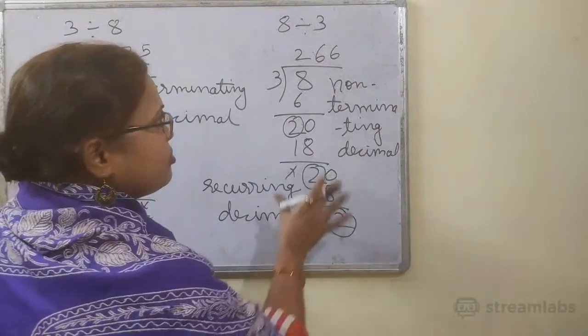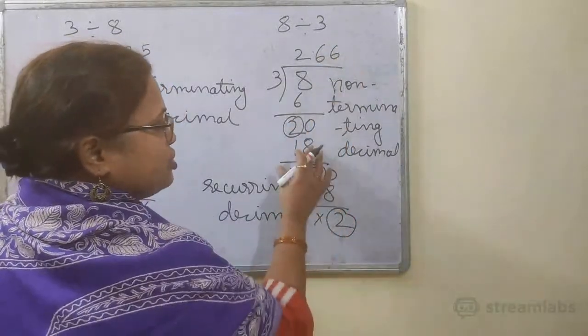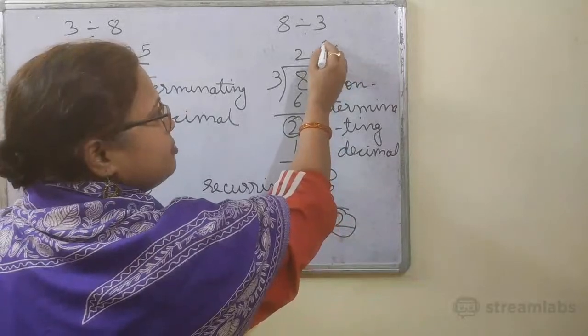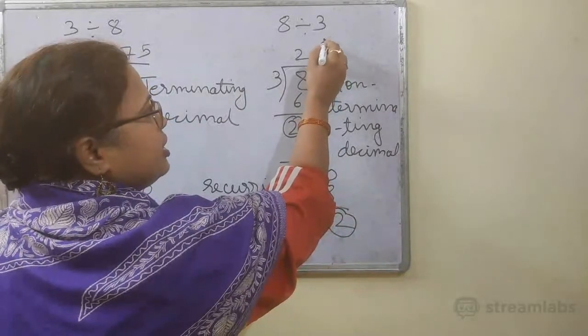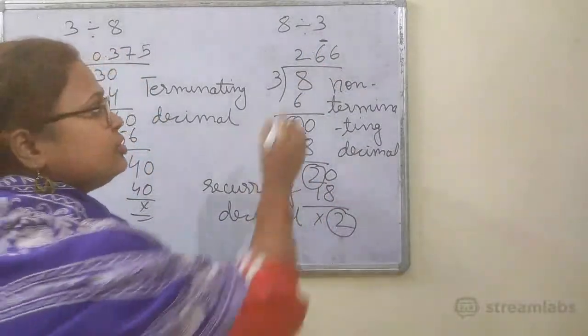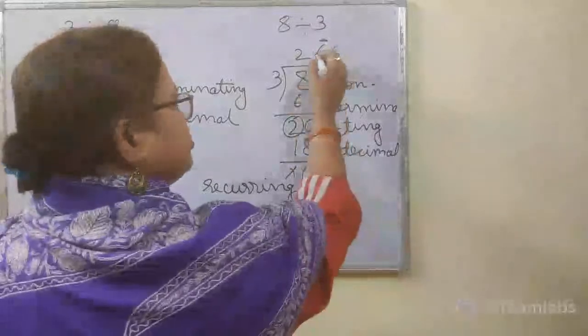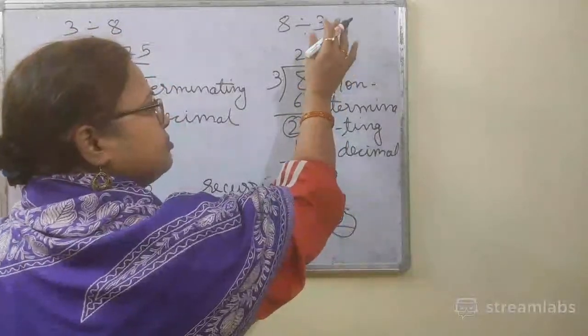And in a recurring decimal, how do we write it? If this 6 is repeating, we put one dot here or we put one line here. Continue the division process. Clear? So 2.6 means